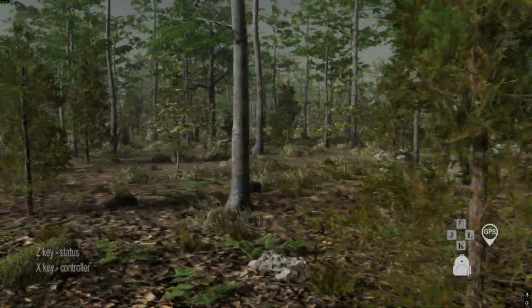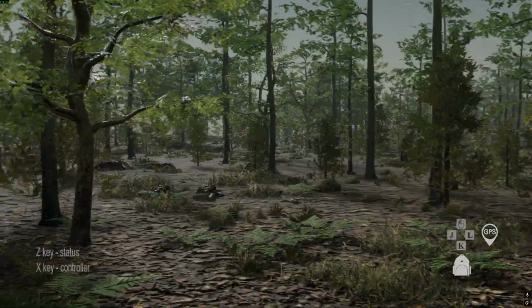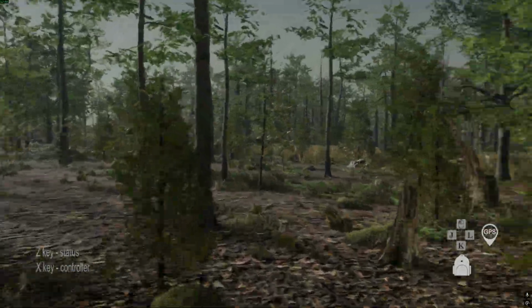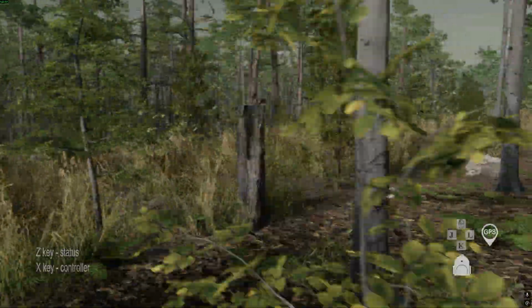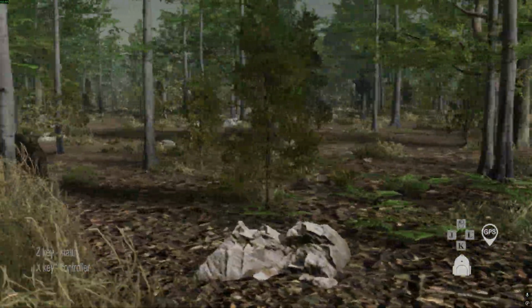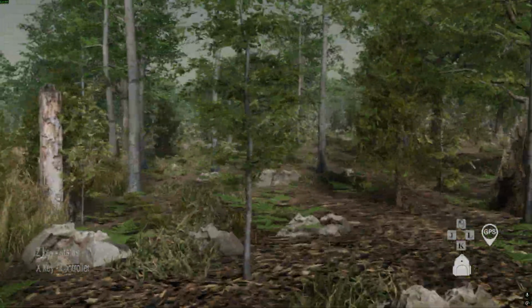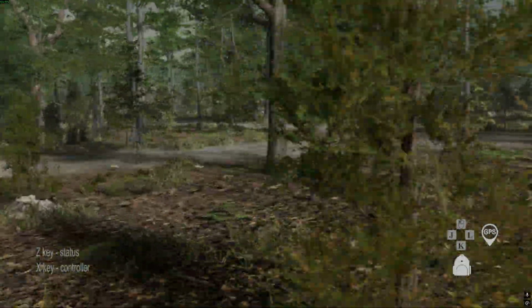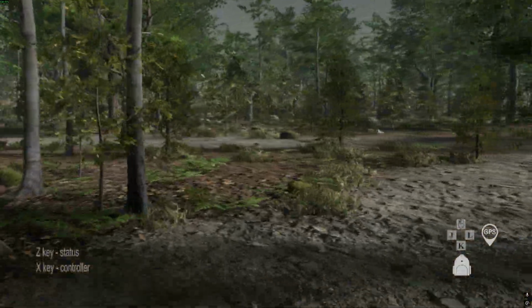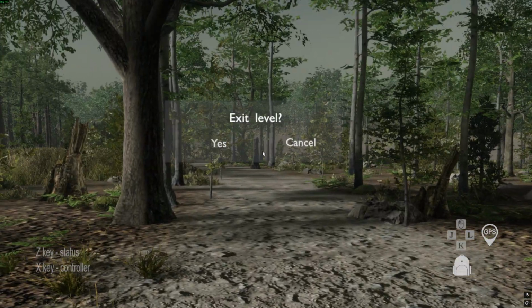I actually really kind of like the looks of this. If anything, I would say maybe just make the trees a little bit thicker. And that's just my preference, but it isn't bad the way it is either. It's kind of nice. Oh, another thing I need to do